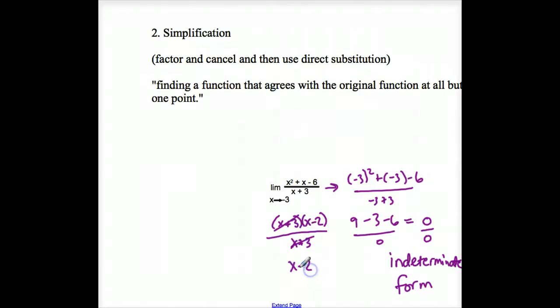So now we have a new function. This function agrees with the original function at all but one point. If you graph the function f of x equals x minus 2,